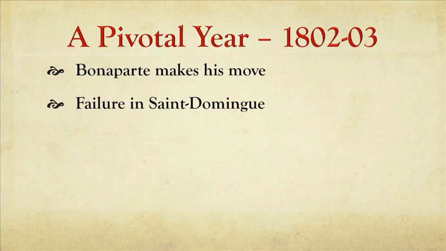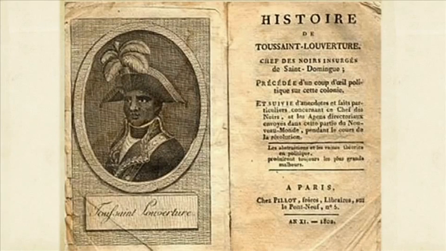They don't have anything like an army that could hope to compete with even the French expeditionary force that Bonaparte can spare to send. And indeed, it's not the United States of America that frustrates Bonaparte's plan. Bonaparte's plan fails because of the freed slaves in Saint-Domingue, the place that the freed slaves will eventually call the country of Haiti. This is a book published in 1802, explaining to the French the background of the turmoil in Saint-Domingue. You see the illustration in the frontispiece. It's the illustration of the leader of the freed blacks, their great general, the George Washington of Haitian independence,